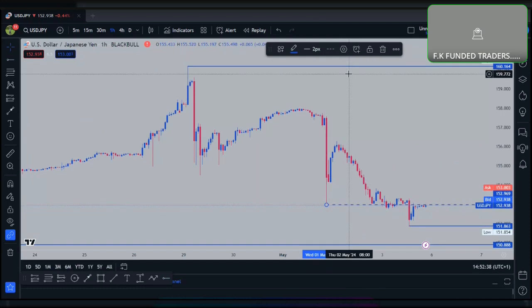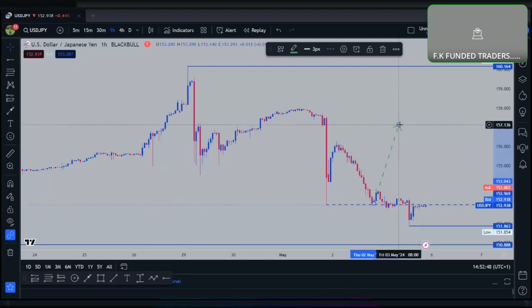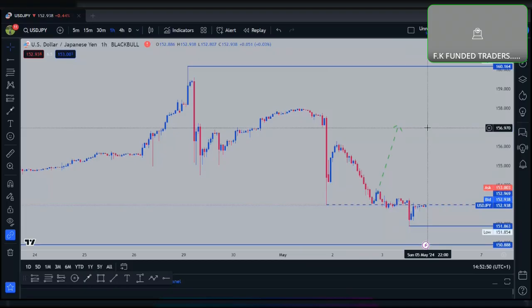So we thought that if the market gave us this rejection point, we expected the market to give us a bullish run from this formation here. We expected something of that kind, but unfortunately, the market dropped downwards. Are we together? So it means that we have chances of the market continuing to buy. Okay?